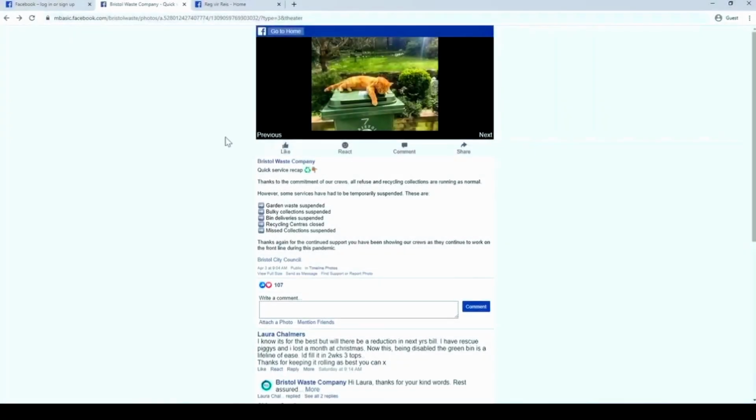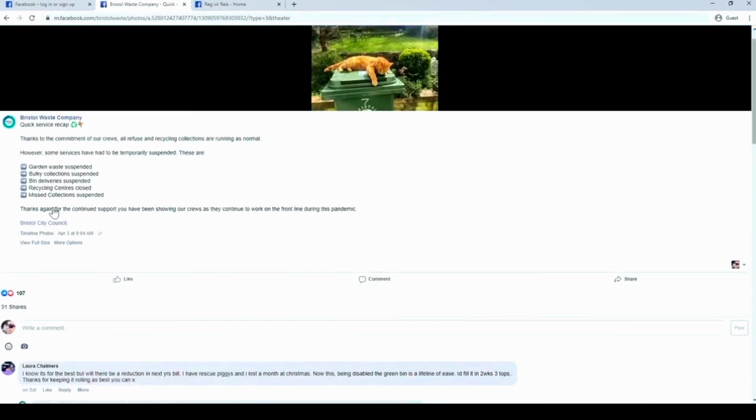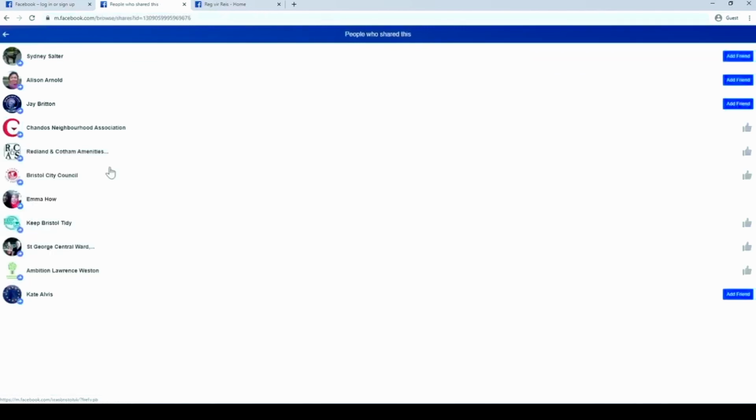Now we're going to use the same method to get a list of all the people who have shared it. The only difference in the coding is the tags and classes that we're going to give the code to look for the names in the HTML content. If we go back to our post in mbasic.facebook.com, you will see there's nowhere to click to see the people that have shared this post. So we will need to upgrade our Facebook a bit from mbasic to the normal m.facebook.com, which is the mobile site. And now we will be able to see, just underneath the number of people that have liked it, there is a shares link. So we're just going to click on that, and there is a list of people.